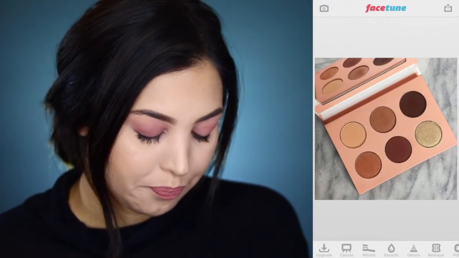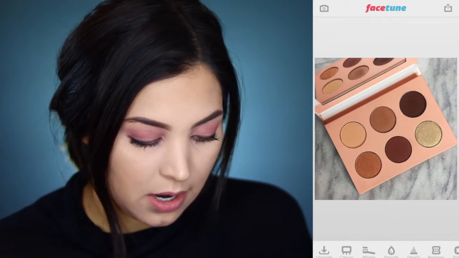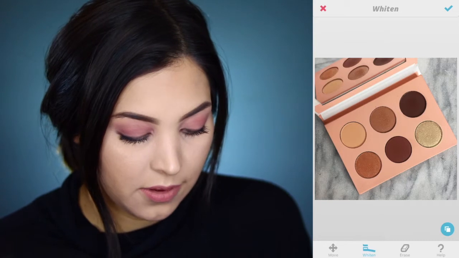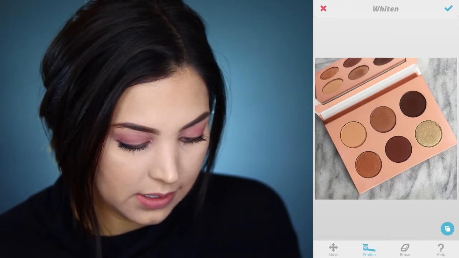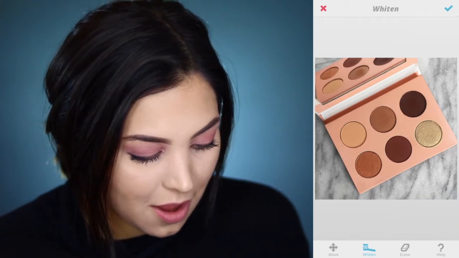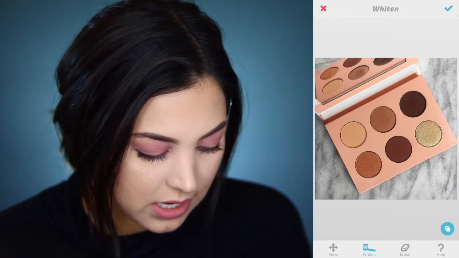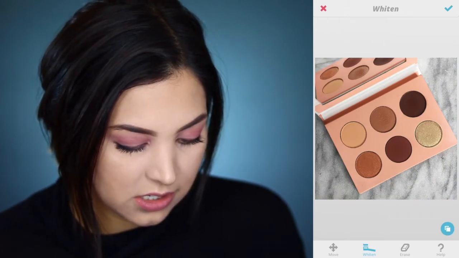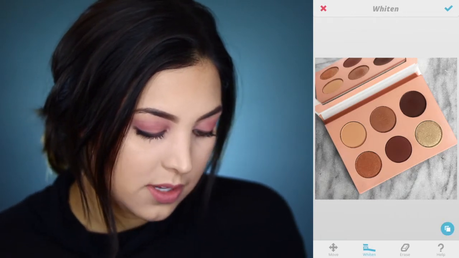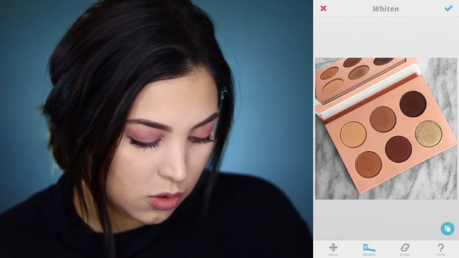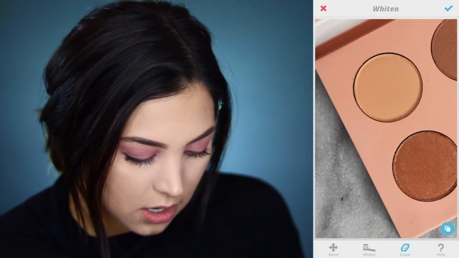First, I'll go into the whiten tool and start whitening everything. I whiten everything up a little bit, well, a lot of it, but you can only do certain levels of whitening at a time. As you can see, this is the before and after. Once I'm done whitening, I'll go towards the edges of the palette and use the eraser, because sometimes